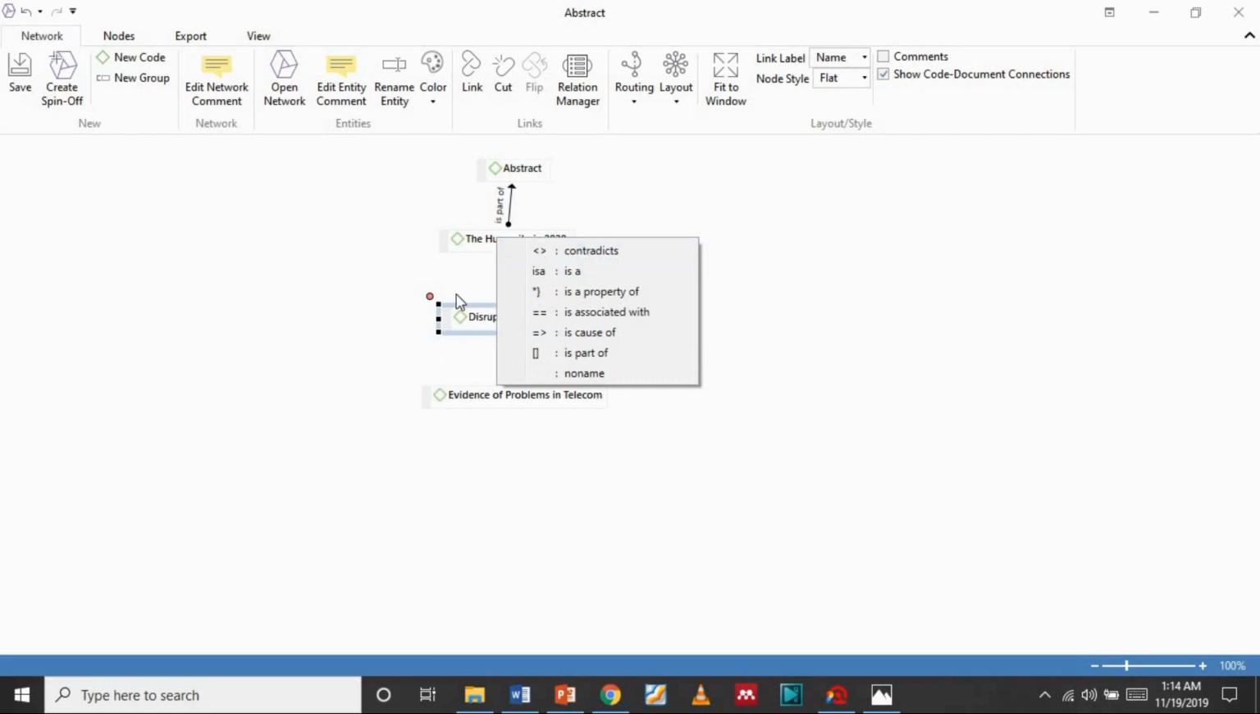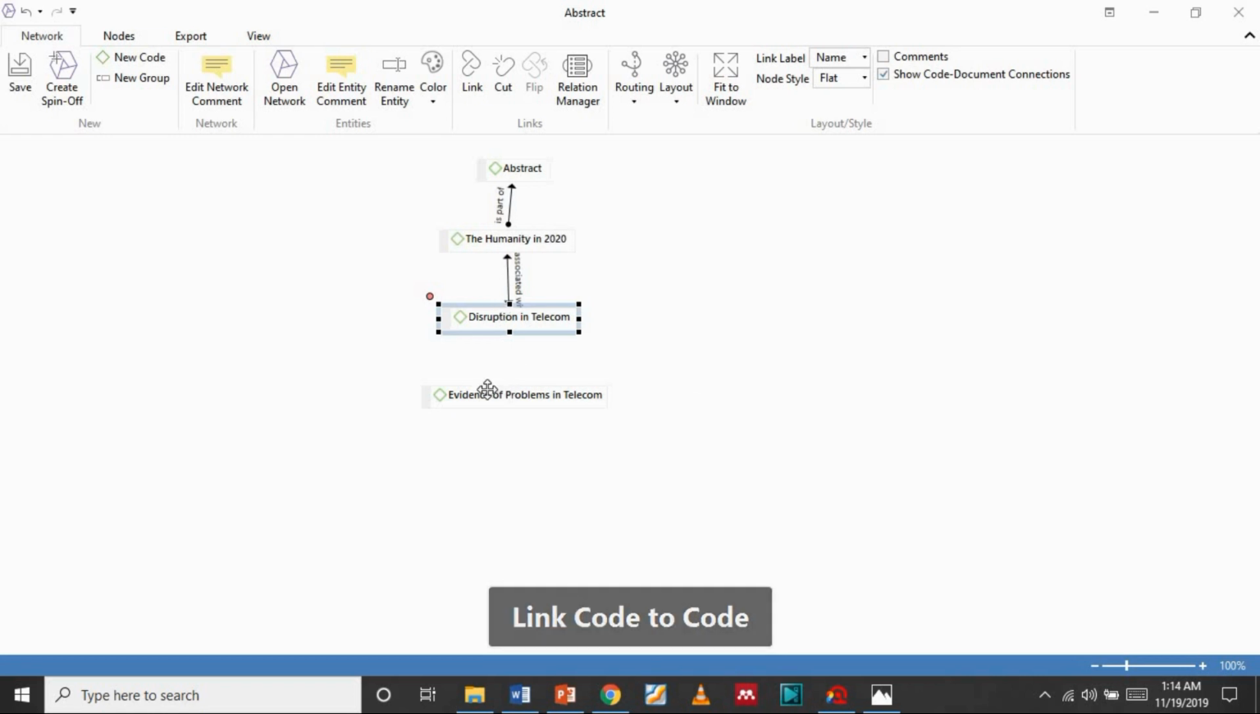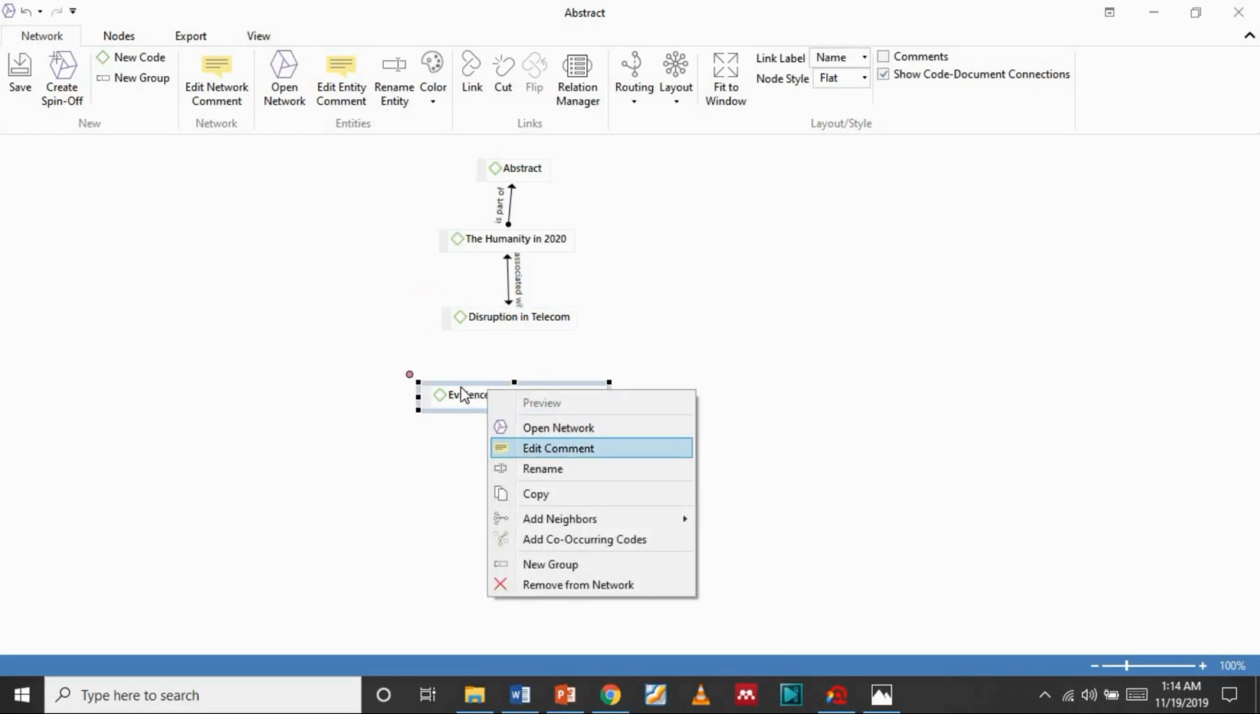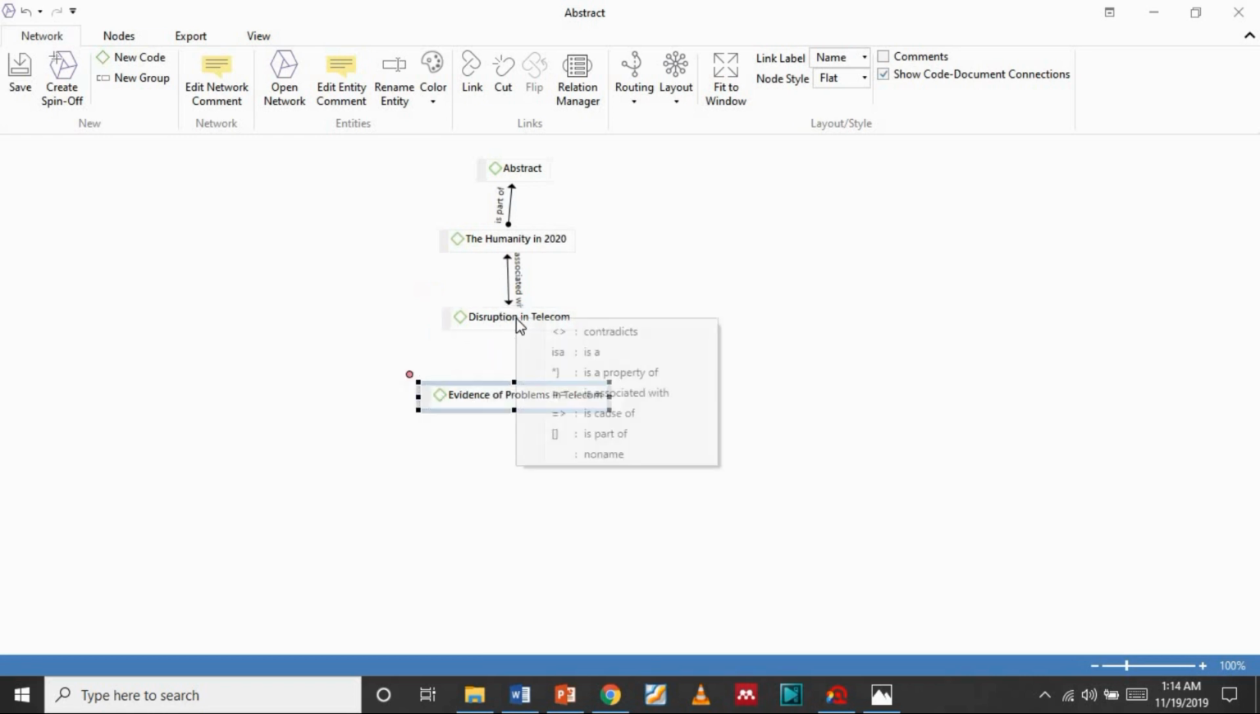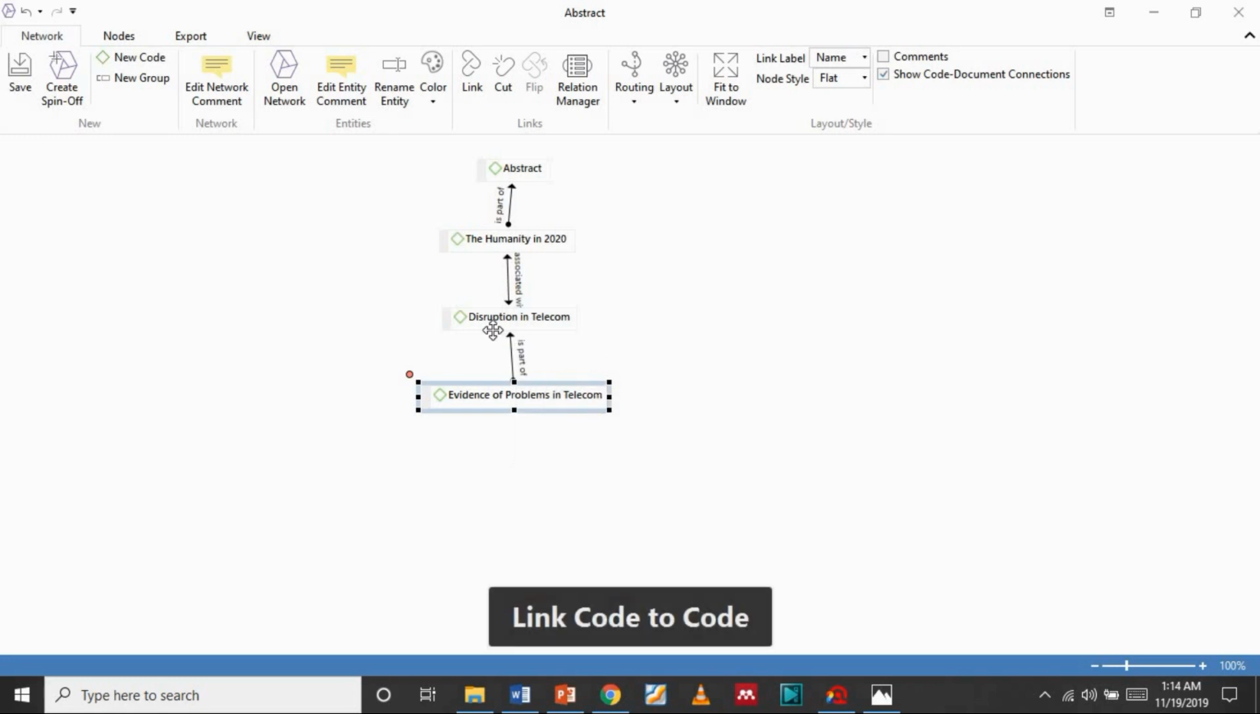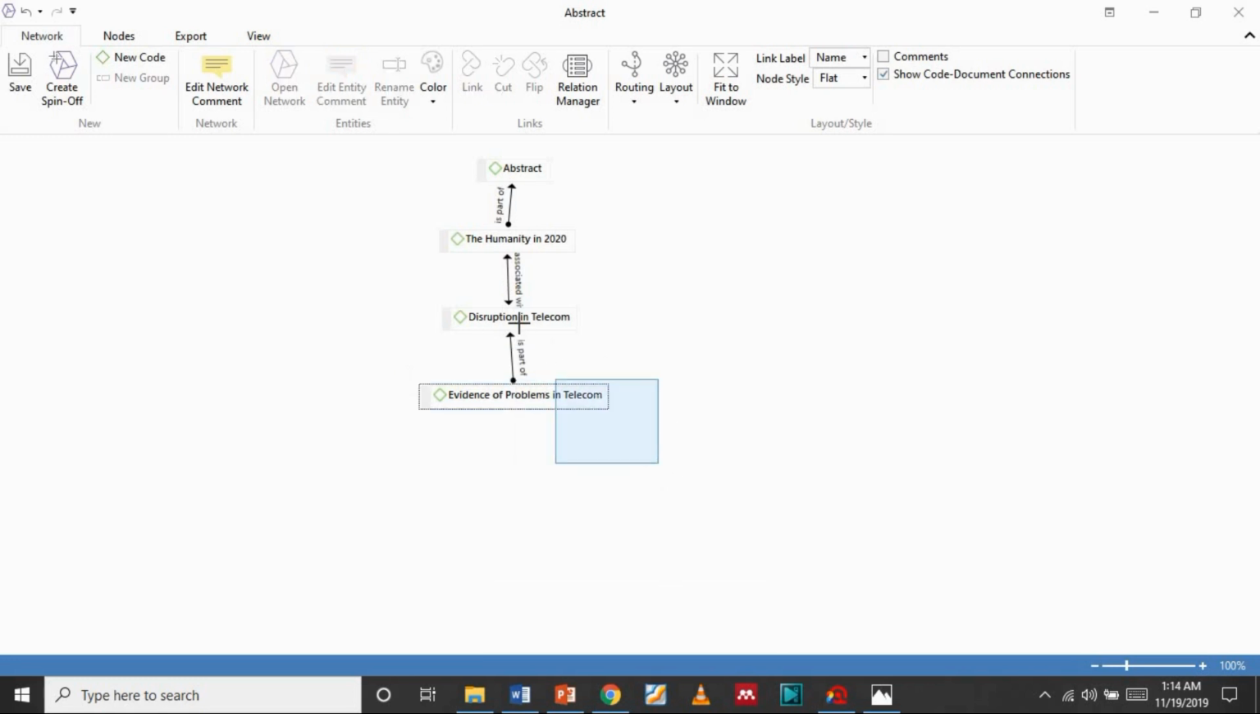Okay, now I'm saying the disruption in telecom is associated with the humanity in 2019, and the evidences of the problem are part of the disruption in telecom. Now if I want to see what I read in every code, I will just click on the code and I will find